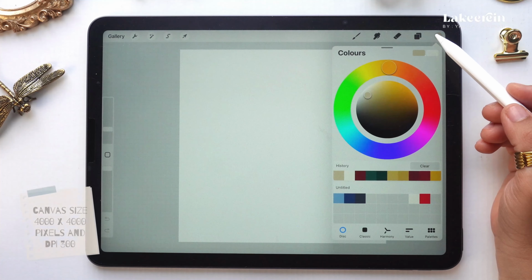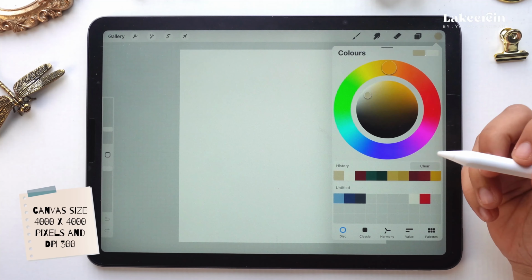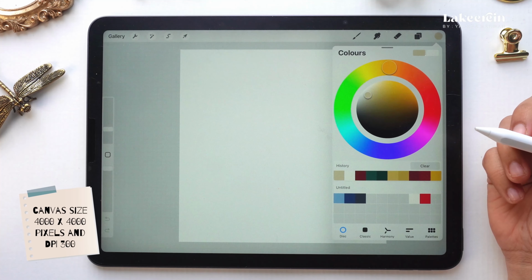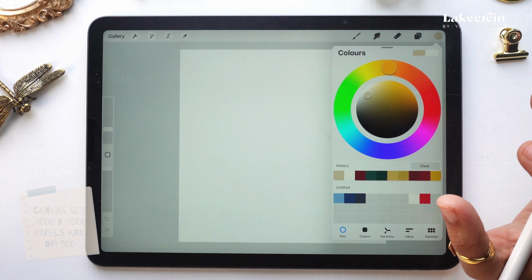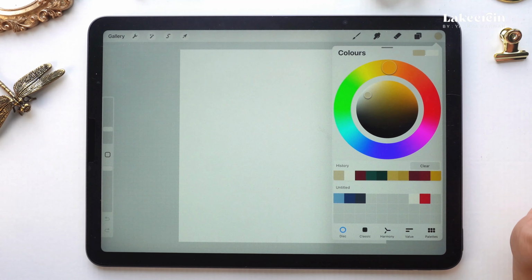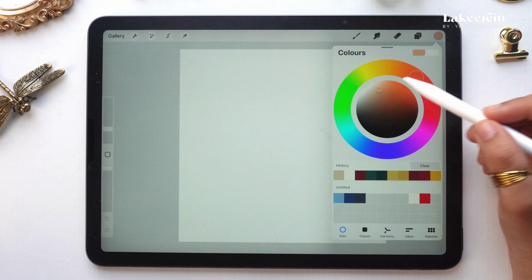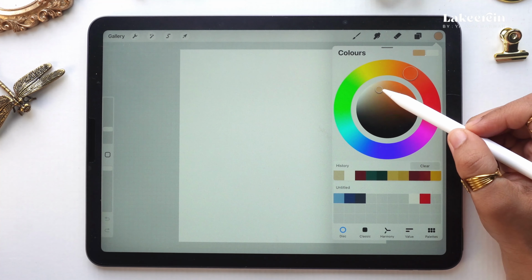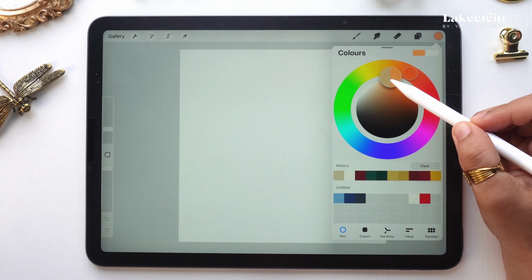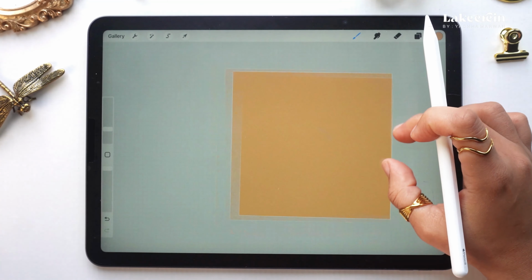I'm gonna drop a background color over here. Any color is fine, but I'm not gonna take a very bright color since we are creating a damask wallpaper, and damask backgrounds are usually in golds or pastels, not very bright, a little desaturated. So I'm gonna take a nice green or an orange color, and I'm gonna pick my outer disc around 1 o'clock and inner disc between 12 and 11, a little bit inside, and I'm gonna drop the color like this.